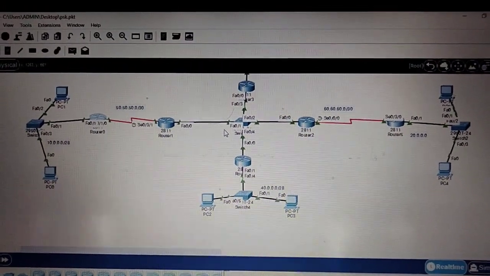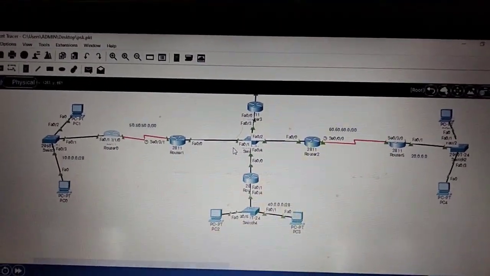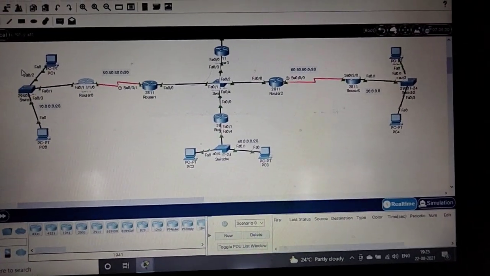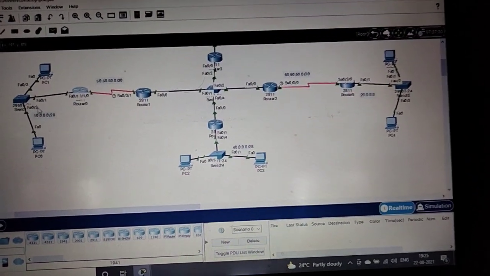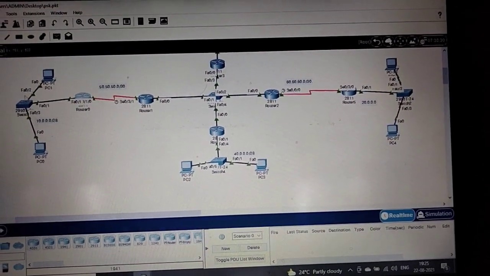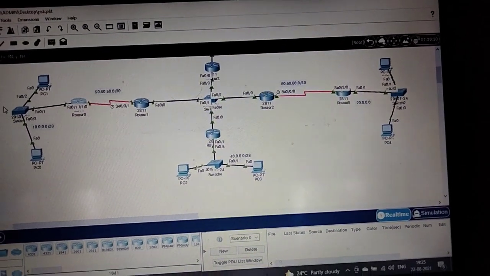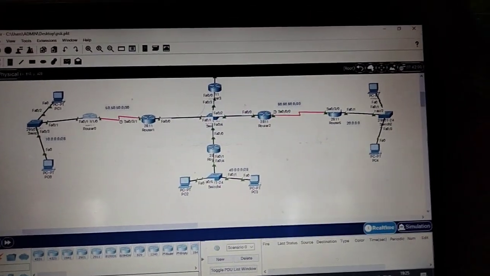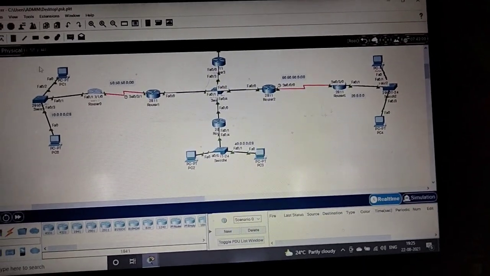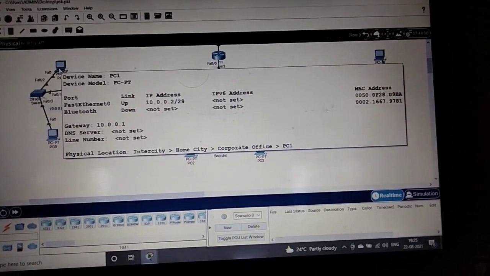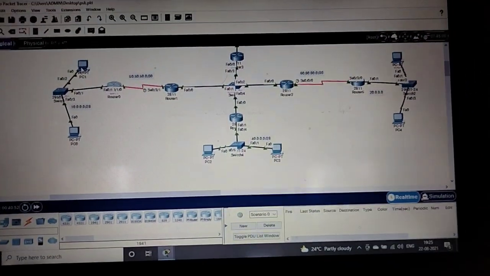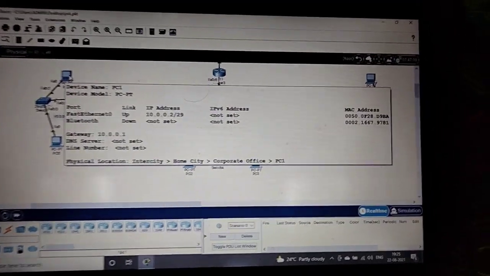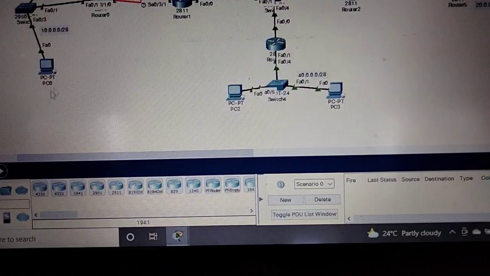If we have 3 connections like this, 1, 2, 3, if we have such type of connections, we can take /29 subnet mask, no problem. Here the system has already taken /29 by default.